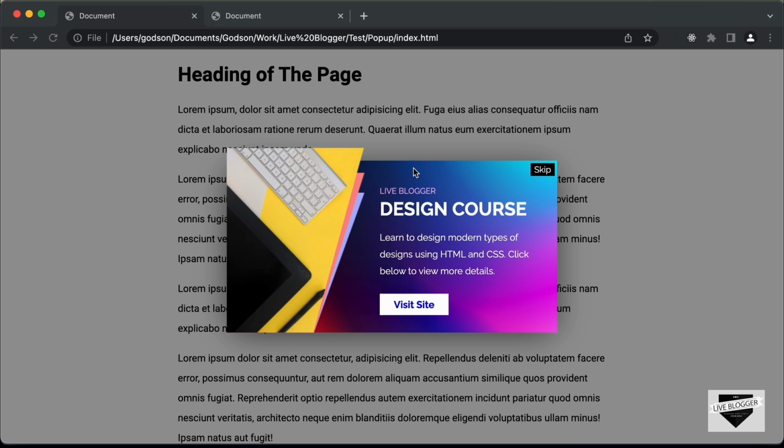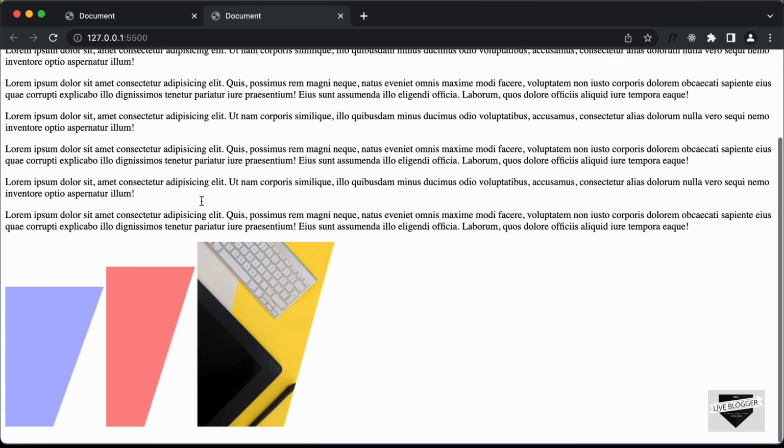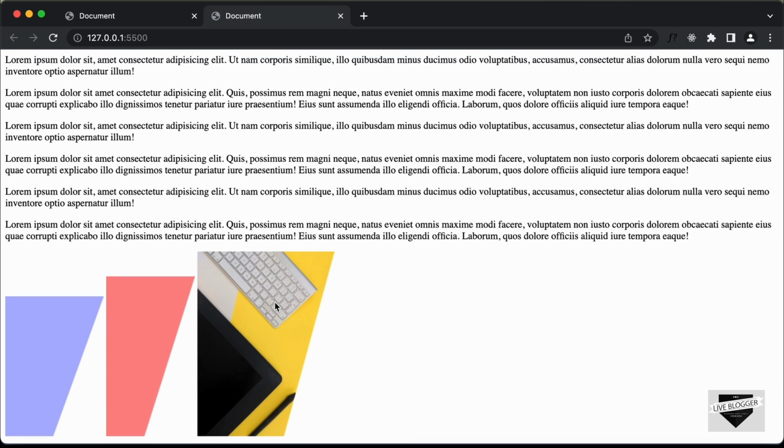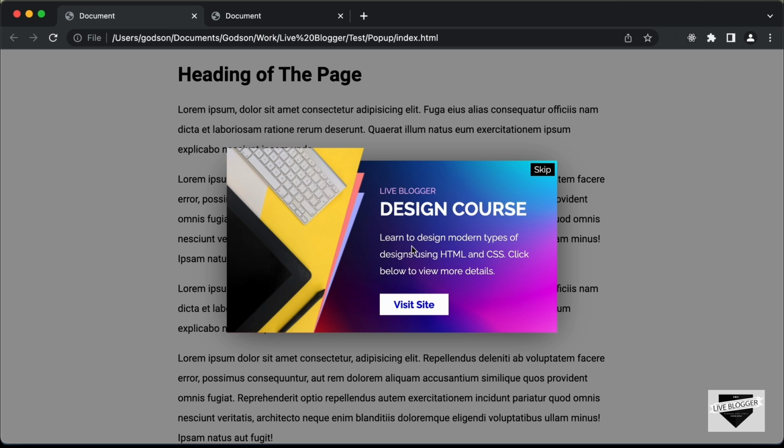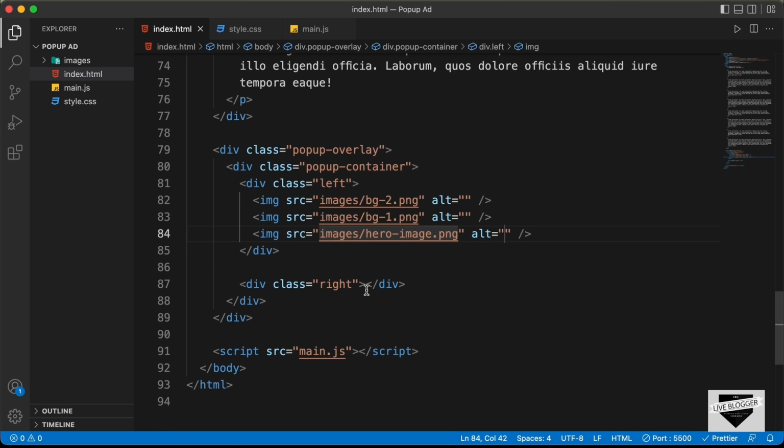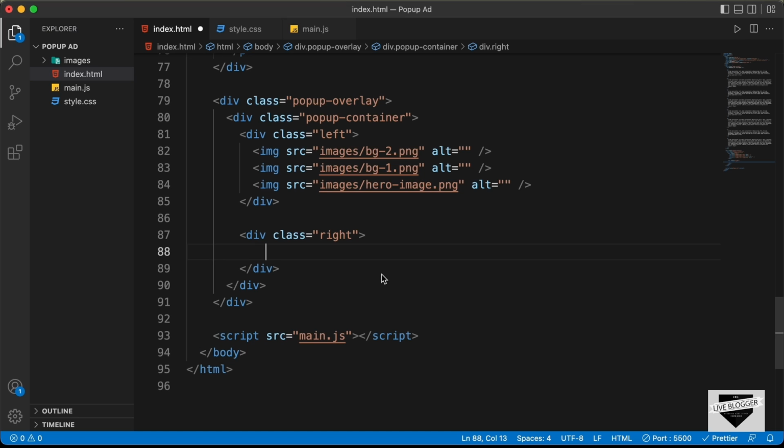Now if you go back to our browser, here we can see these are all the images of our design. Right now let's design the right section where we have all this content. So inside the right division, first of all let's add the skip button. So let's create a division with the class of skip button,